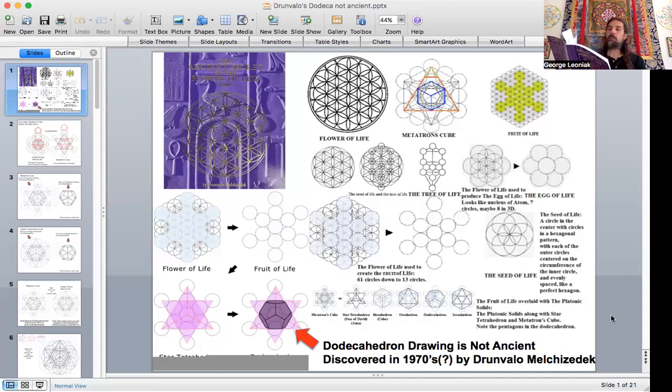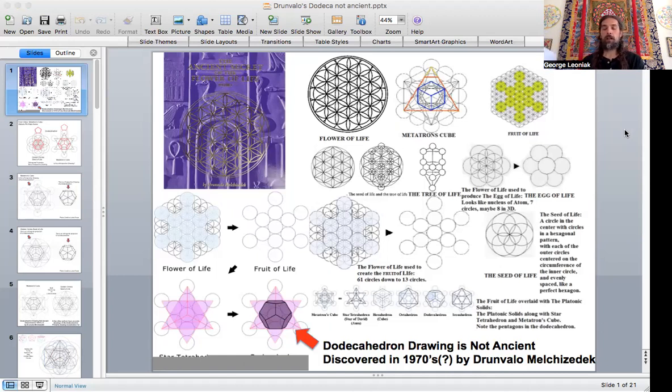But he describes in the book that during one of his workshops, one of the students pointed out, because he'd been looking for the dodecahedron for about 20 years, he had said. So after the 20-year search of looking for the dodecahedron in Metatron's Cube, a student asked, had you tried connecting these lines before? And I'm guessing that was in the 1970s or 80s, I'm not sure. But then he discovered a view of the dodecahedron, or a shape that looked like the dodecahedron.